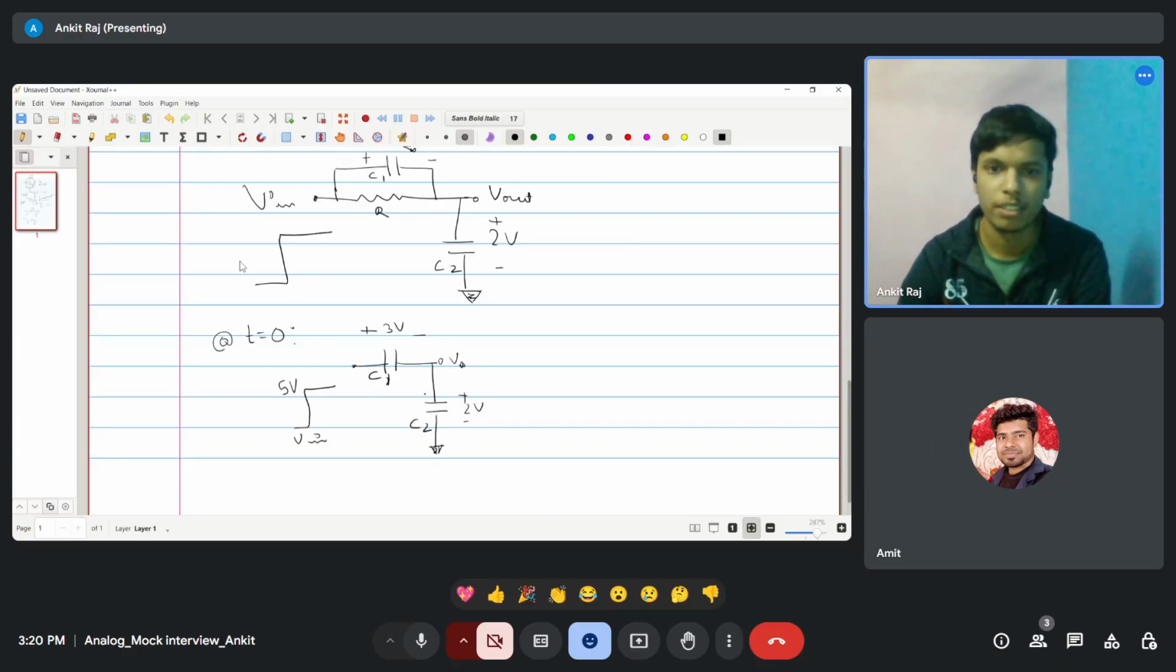So first the capacitor charge will be distributed. Charge sharing will happen at t equal to 0 plus, and resistance will not show any effect when charge sharing is happening. So initially, this was minus 3 volt. If I take the total charge on the capacitors,